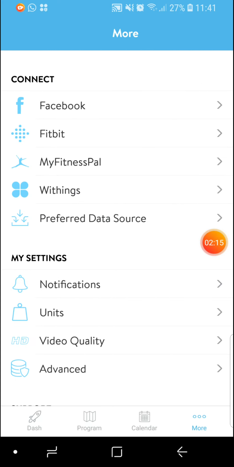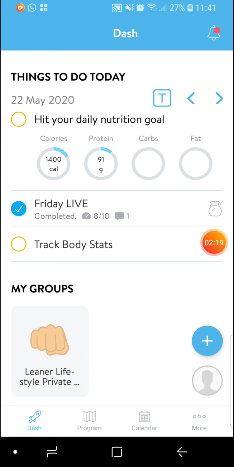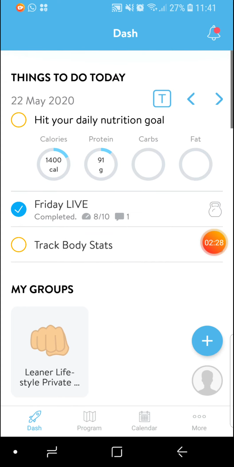So going back to the main dash, along this bottom bit here where the More, Calendar, Program and Dash are, Dash is your main home page. So if you press that, it'll take you back to there. So that gives you an overview. And if we look across the top of the screen, where it says Things to Do Today, that's always going